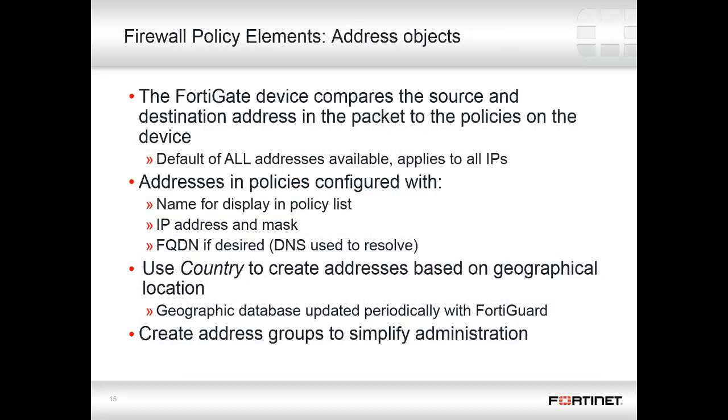Once the packet has arrived, has been considered valid, and has been checked against the routing table to find a destination interface, the source and destination IP addresses are then both evaluated. When you set up an address object, there is the default all object, but you can configure additional ones and